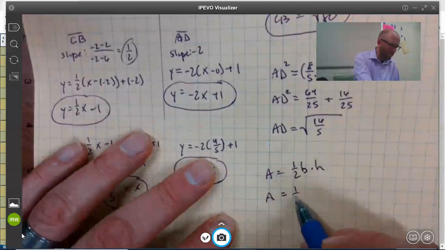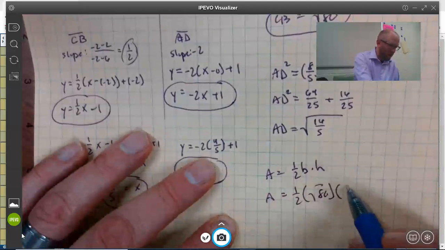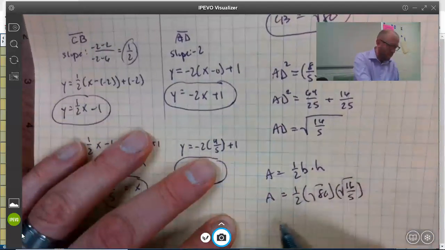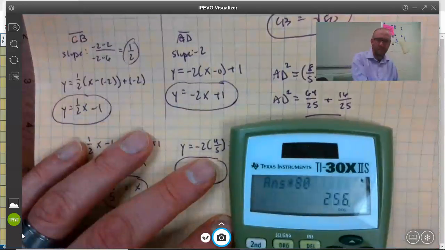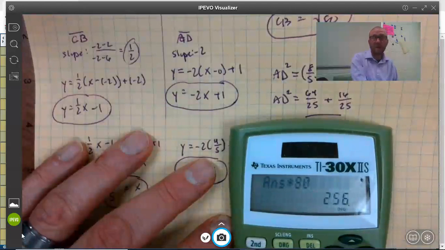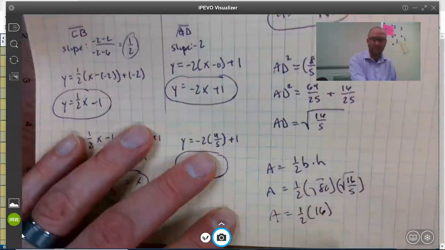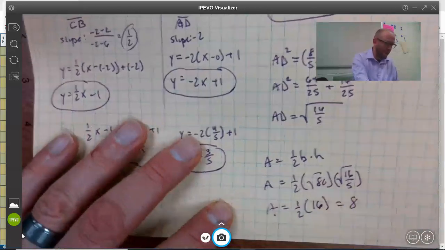The base is the square root of 80. The height is the square root of 16/5. So 16/5 times 80 is 256, which happens to be 16 squared. So 1/2 times 16 equals 8